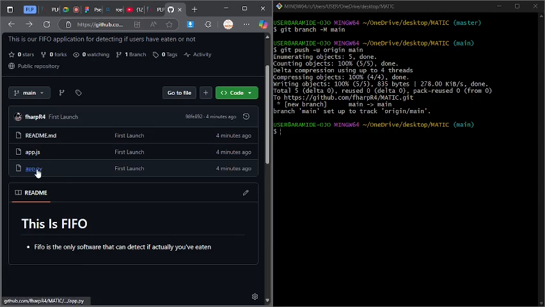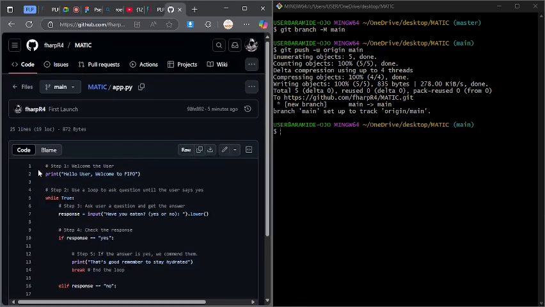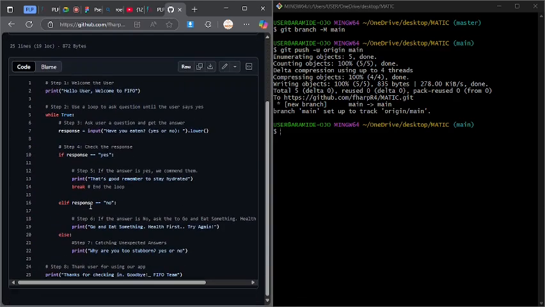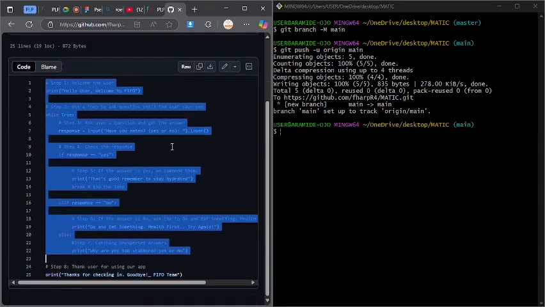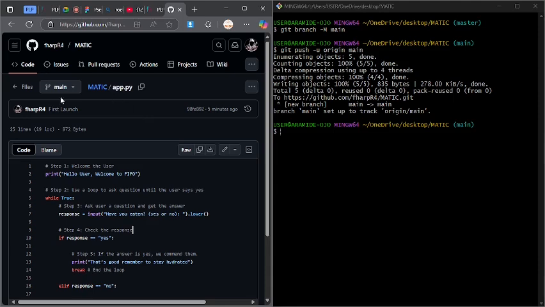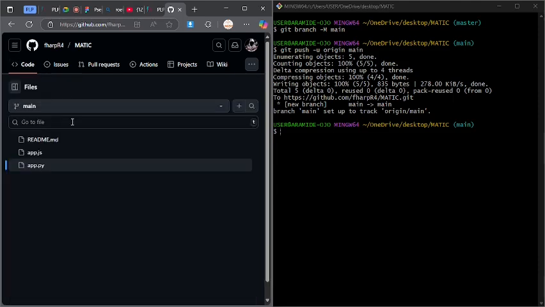If you click on our app.py, you're going to see our code inside of it. So now I've clicked on the app.py, and here you go. This is our code. So someone can even come here and copy your code. It's possible. But if you don't want them to copy your code behind your back, you have to add